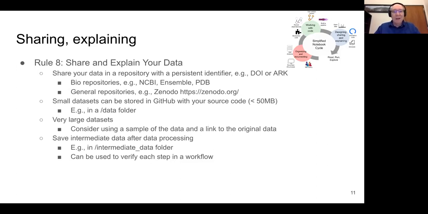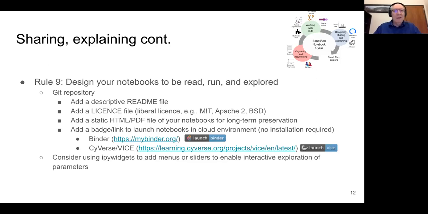And that also helps other people who want to reproduce your data. They can look at each step: did I actually get the same intermediate results as I should be getting? Okay, so